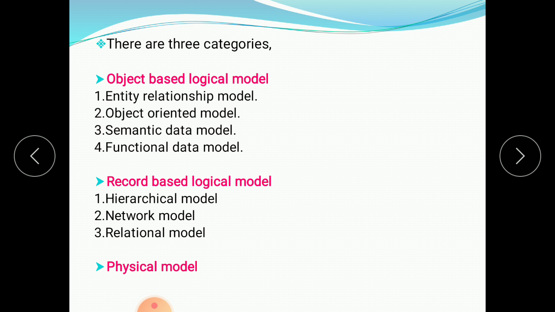Then the second type of data model is the record based logical model. The subtypes of the record based logical model are the hierarchical model, means diagrammatic form, and the network model. If you want to use a mobile phone, you need a network. So in the network model, on some places a tower is fixed. If you want to use the network in your village, then that network tower is required. If that company's tower is there, then you get a network. Then the relational model. Then the third type is the physical model. So we'll see one by one.